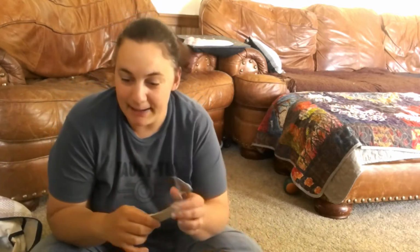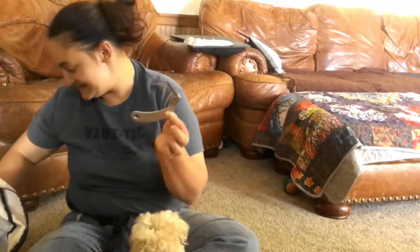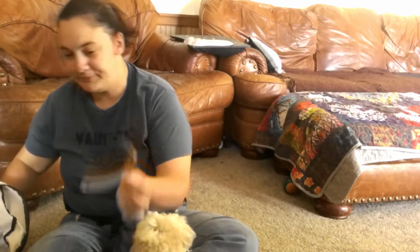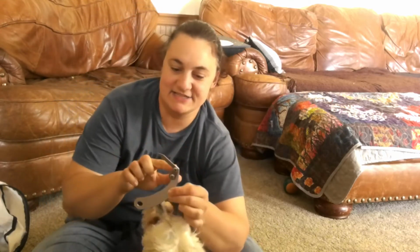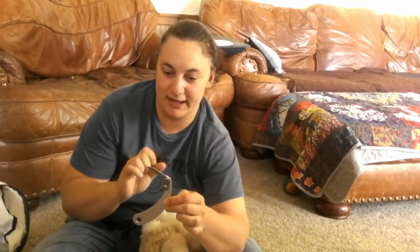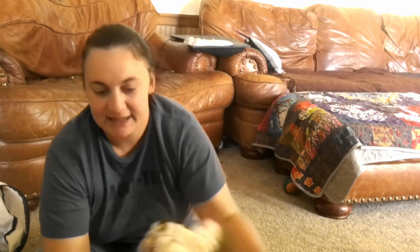The mat breaker style I want you guys to look at is this. I don't know if you can see that real well. This has a razor right here. All it does is the razor,